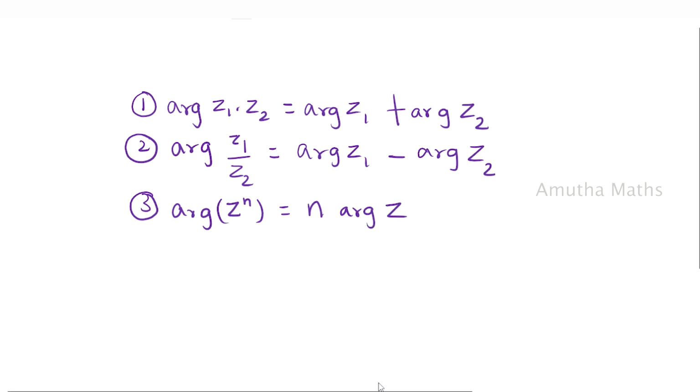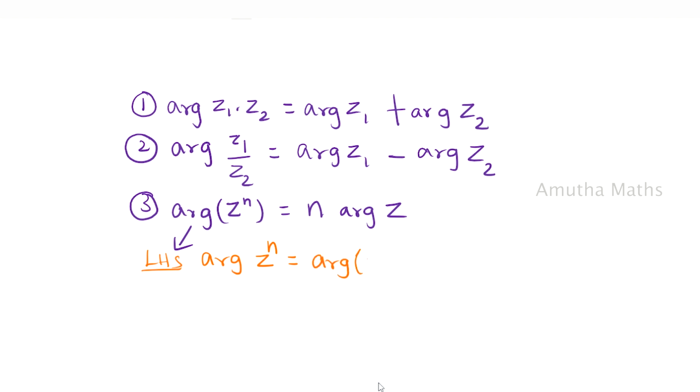Okay. Now we shall see the proof. Now you take the left hand side. So what is argument of Z power n? What does argument of Z power n mean? We have to write Z n times. So argument of Z into Z into Z into etc., n times. In the first property, what did we see? When we multiply two numbers Z1 into Z2 and split the arguments separately, what sign do we put in the middle? That is the plus sign.